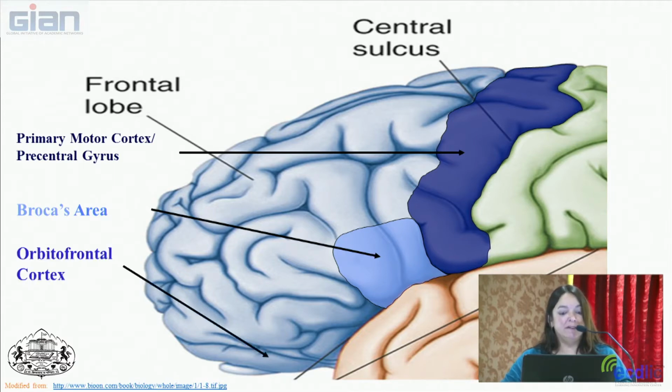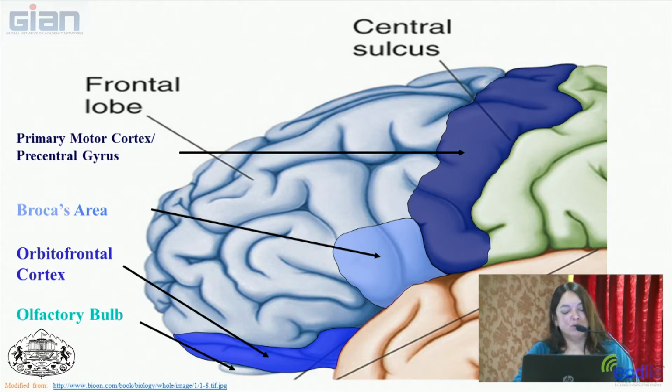So the very front of the underneath of the prefrontal cortex is called the orbital frontal cortex. We'll talk a little bit more about this area too. This helps a lot in emotional regulation and helps to regulate a lot of the things that are happening in the midbrain, which we're also going to talk about. And right underneath the orbital frontal cortex is the olfactory bulb. So olfaction is the sense of smell. So interestingly, it's sort of right above our nose there.